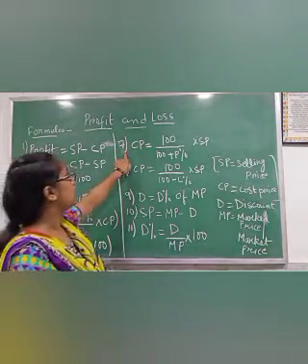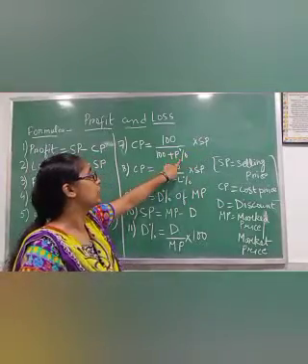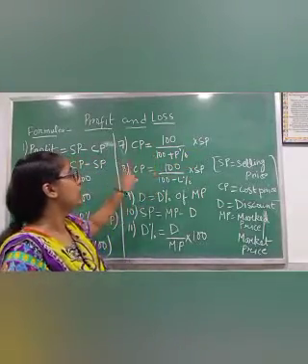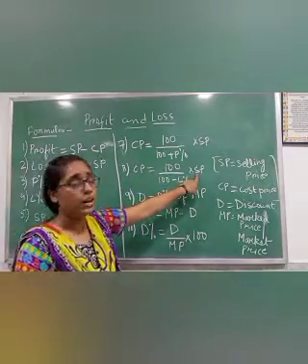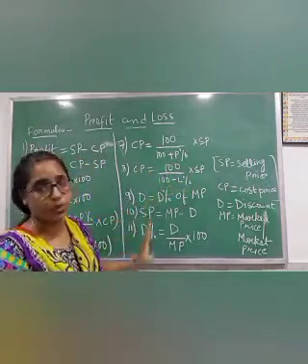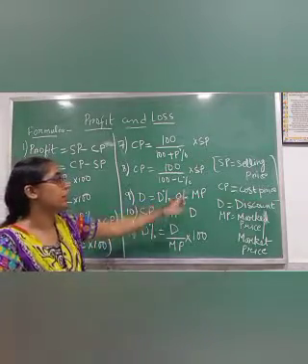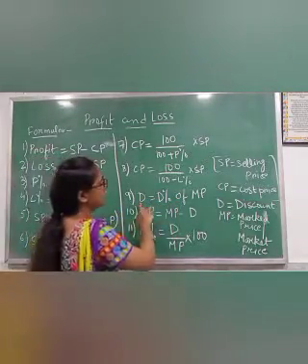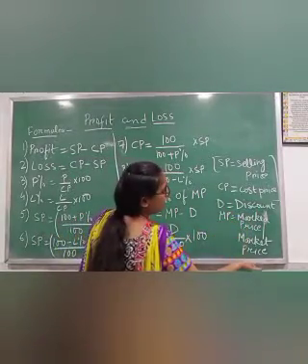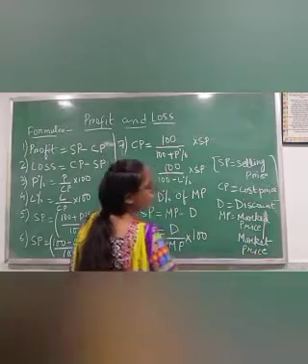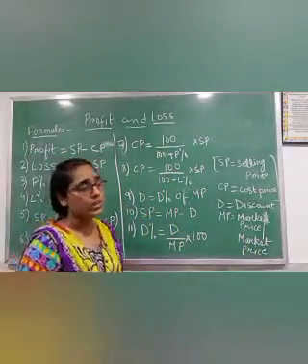Okay. Now CP, when you have to find CP and selling price and profit percentage are known, then you will use this formula. And when you have to find CP and loss percentage and selling price are given to you, at that time you will use this formula. Okay. Now discount. Discount equals discount percentage of MP. What is the full form of D? D full form is discount, and MP full form is marked price, or in some questions it is also written market price. Okay, you have to know both for solving the question.